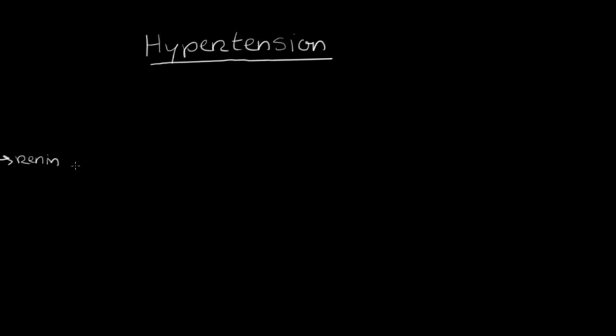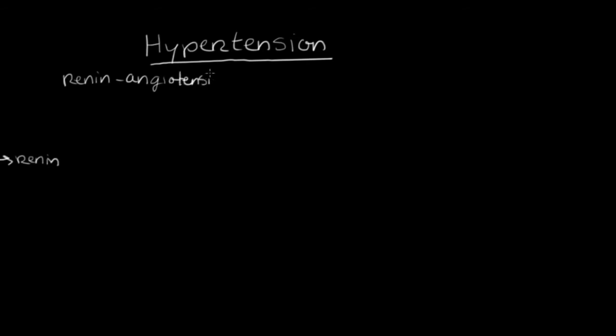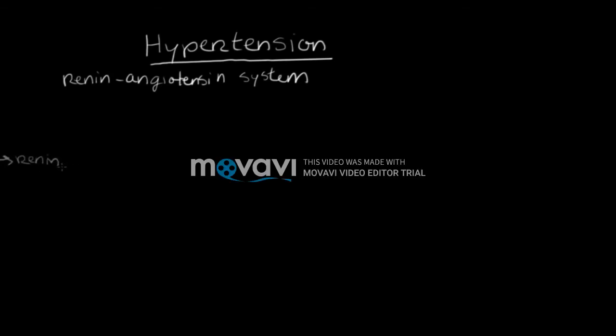And that renin is going to have a number of effects, two main effects. And what I'm describing here is going to be called the renin angiotensin system or mechanism. And we're going to have two different pathways that are going to be at play here. Pathway number one is going to be that renin is going to cause